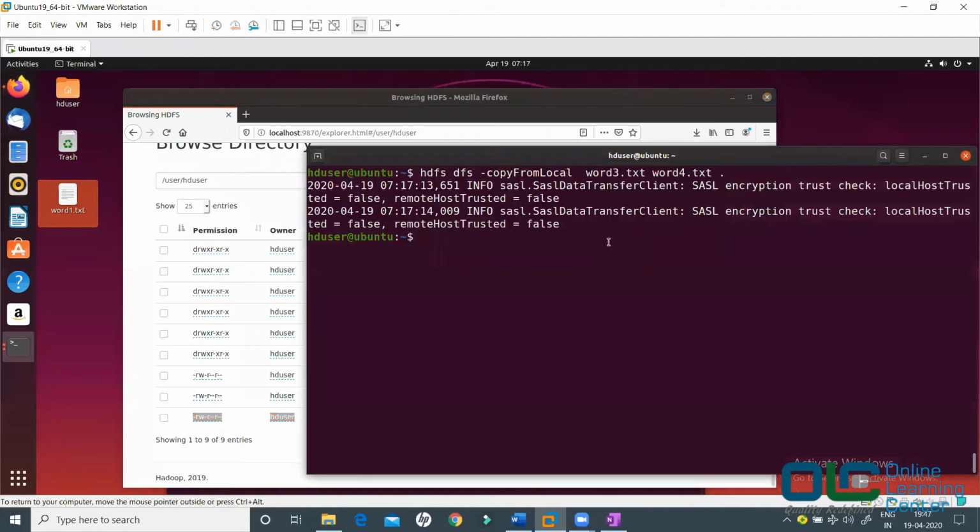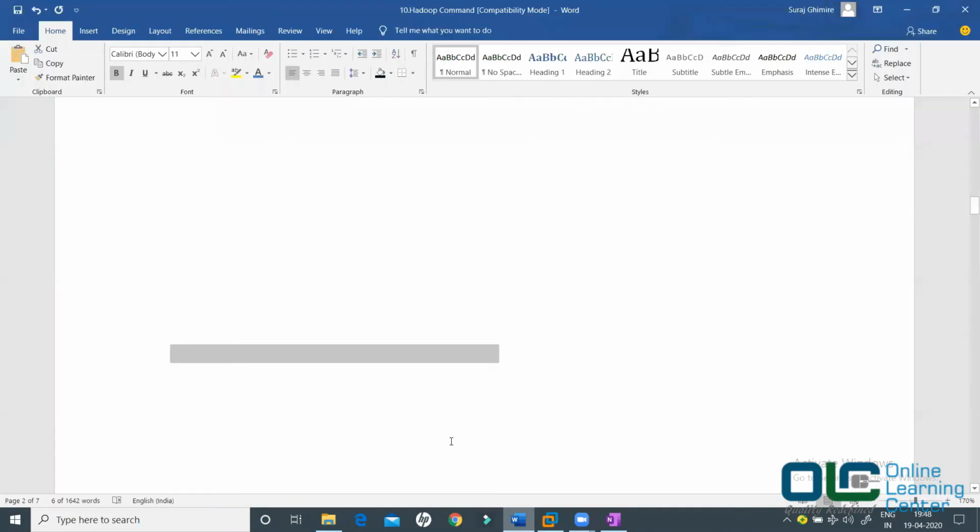So this is what we have been doing. I hope you understand the importance of this dot. What happens if you don't write dot? What happens if you write slash? What happens if you don't write slash? Where exactly do they go? Okay, this is important for us to understand right now.